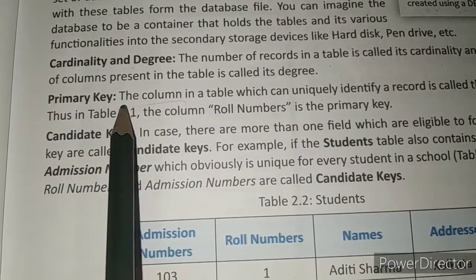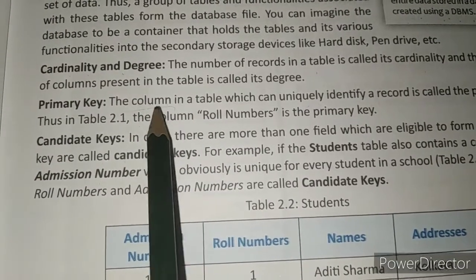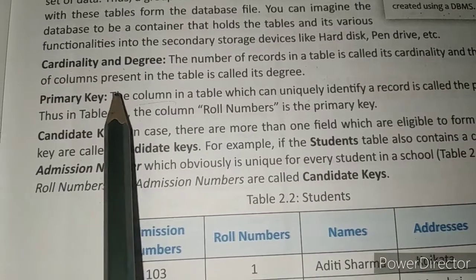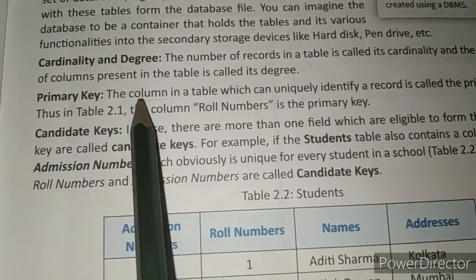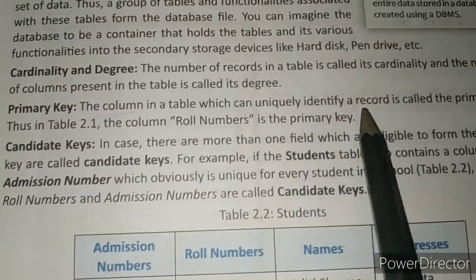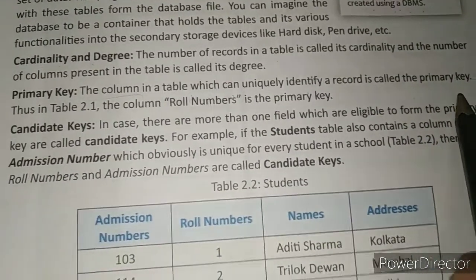Primary key: the column which is unique for each and every record. The column in a table which can uniquely identify records is called the primary key, right?